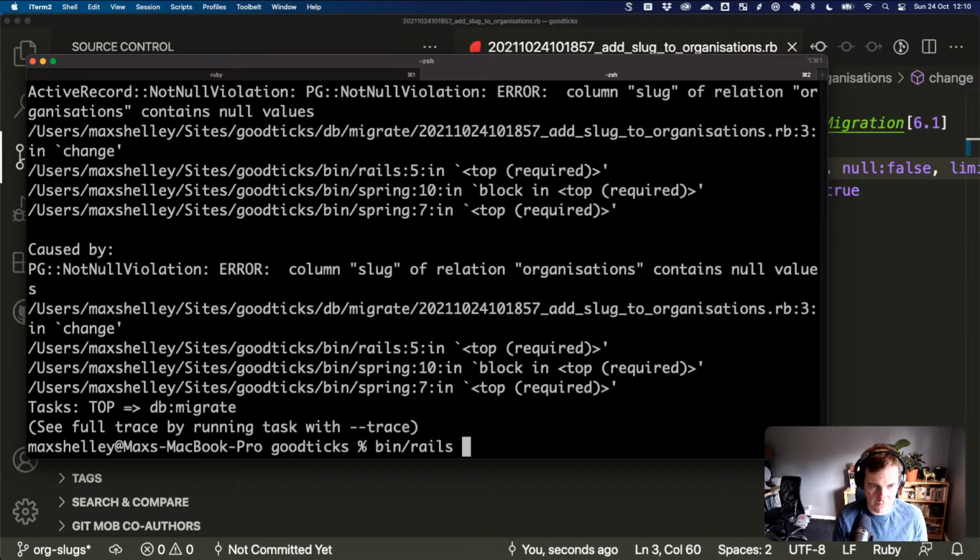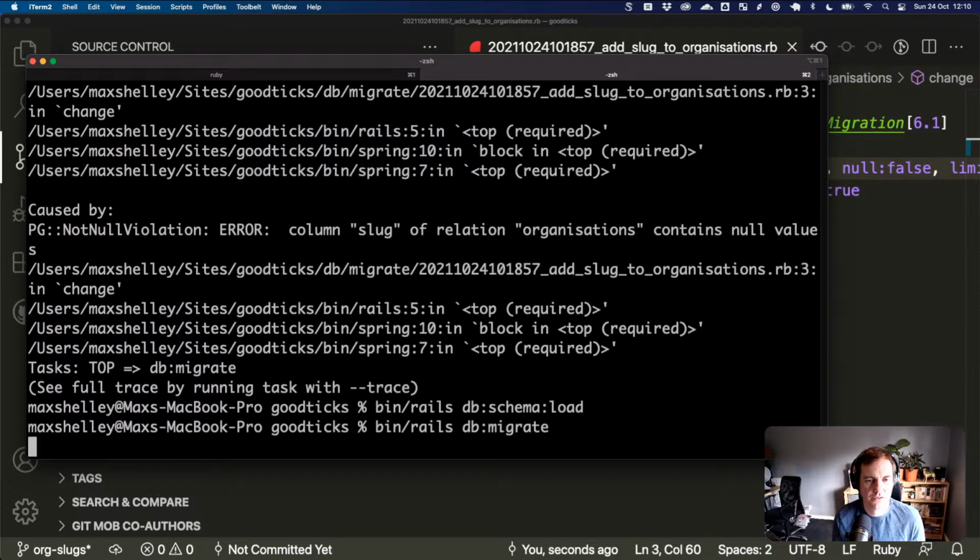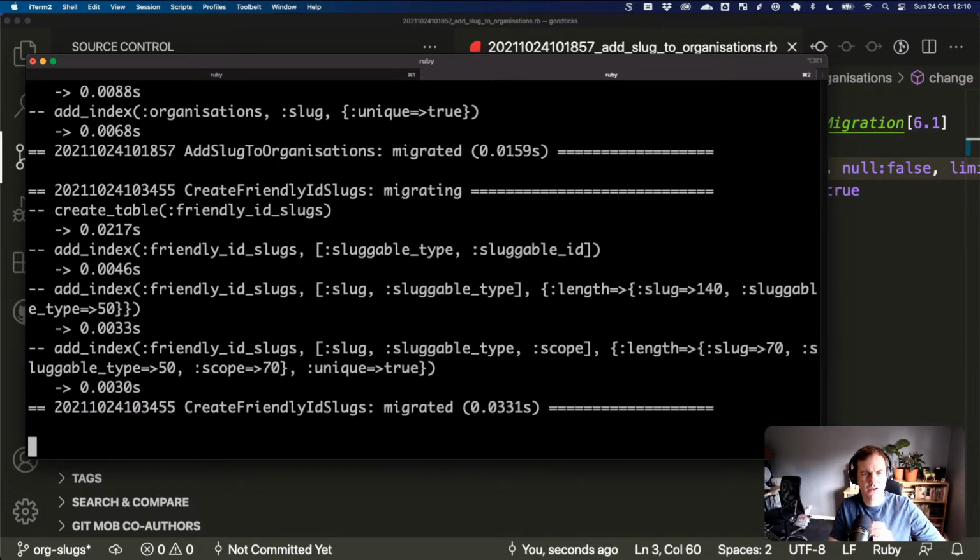So we can just wipe it, screw it. Now we're at the stage where I just need to get this stuff loaded up. So now when we do rails db:migrate, it runs, great. And now we should have